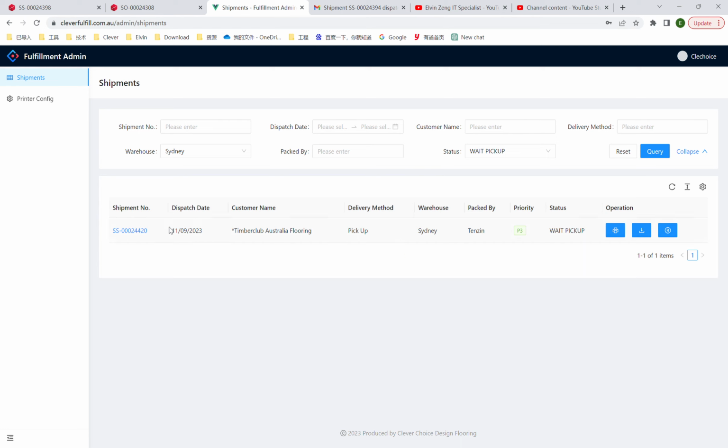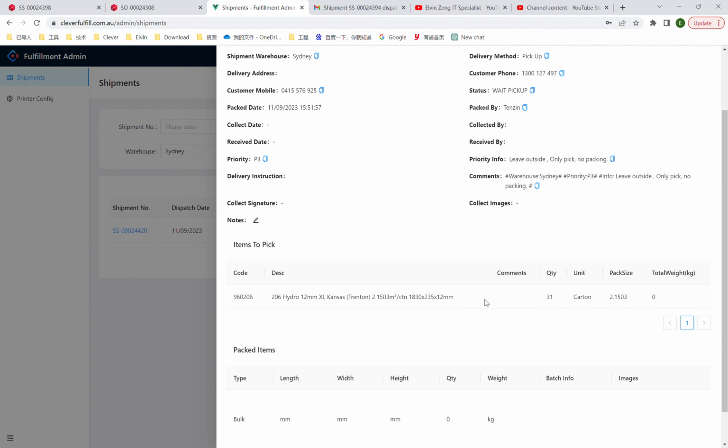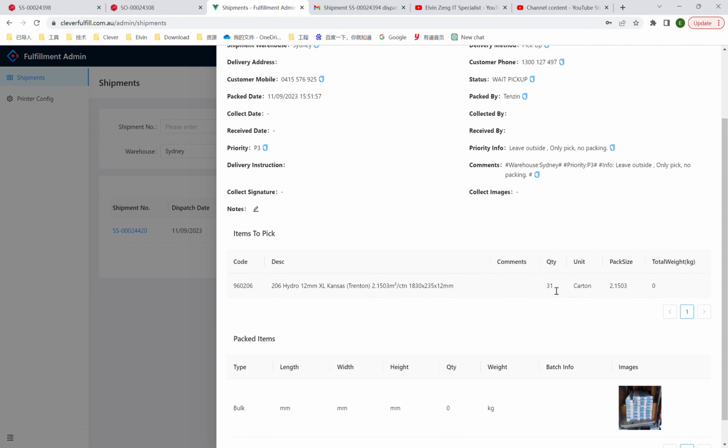For example, say this is a pickup shipment order scheduled yesterday, and the warehouse team has packed and prepared it and is waiting for the customer to come to pick up. During the pickup, the customer changes their mind and decides to add one more column. In this kind of case, what do we need to do? Instead of restarting the process, which we indeed support, so we support reworking the process